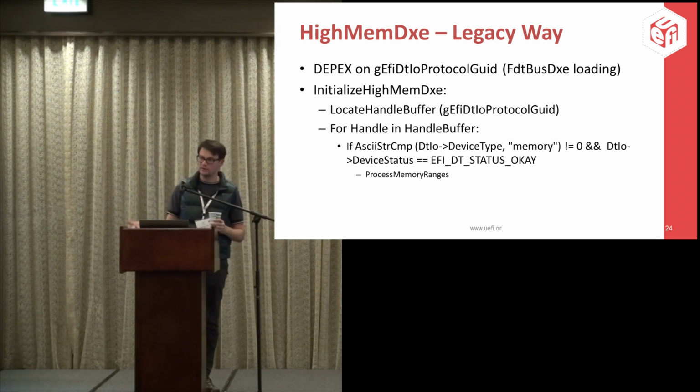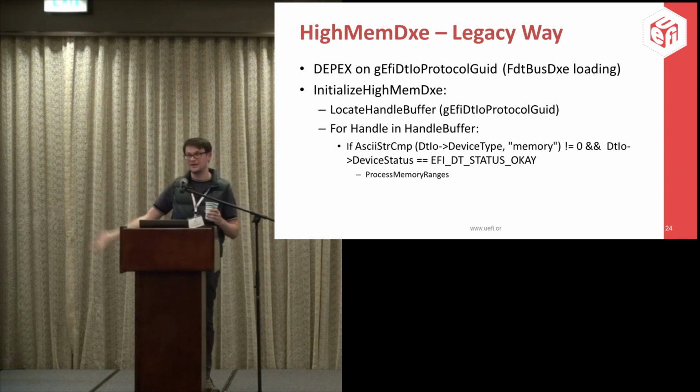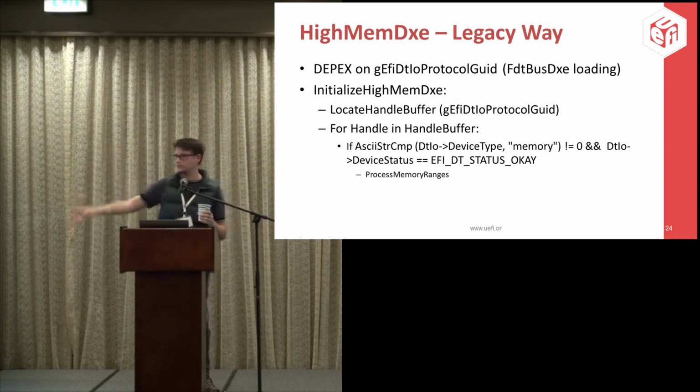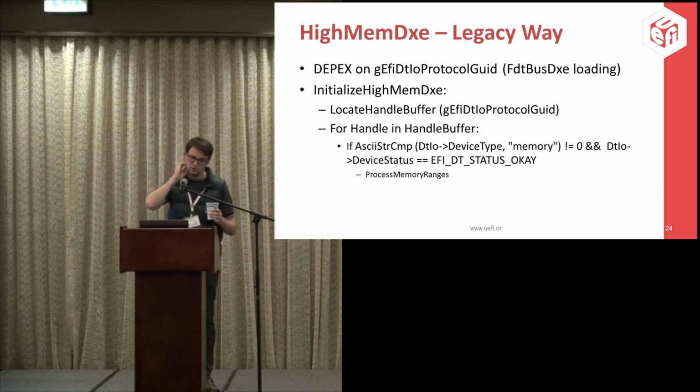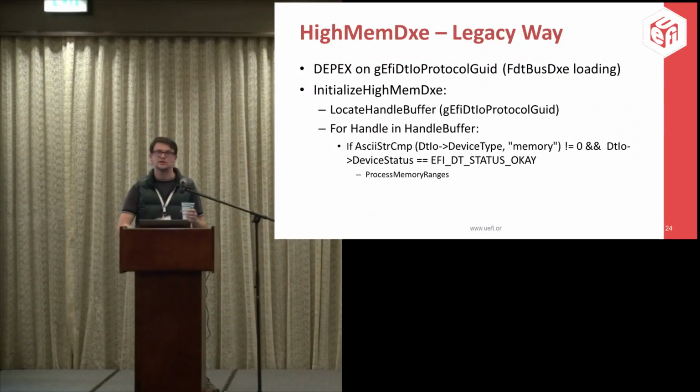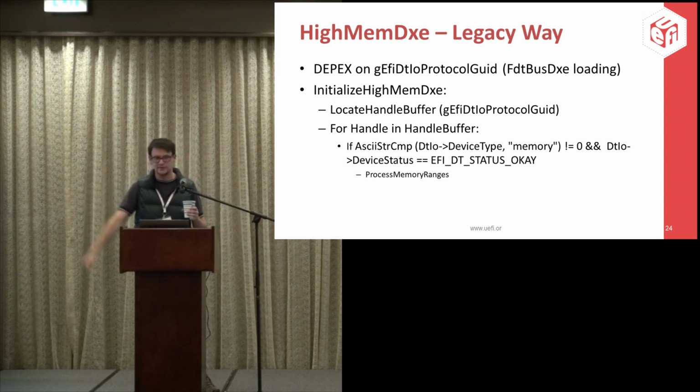Now the driver binding protocol, if you recall, consists of 3 methods: supported, start, and stop. And the supported method is called on basically every handle that is published. So driver supported gets called, it first of all sees, hey, is the DTIO protocol present? Yes, okay, good. So maybe it's one of mine. Then you go and see, well, is the device type matching the kind of object I want to support? Yes, okay. How about device status? Is it present memory? Yes, okay. So you report success, and then of course the driver start does the deed